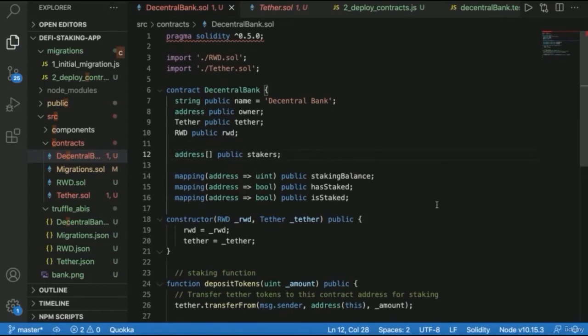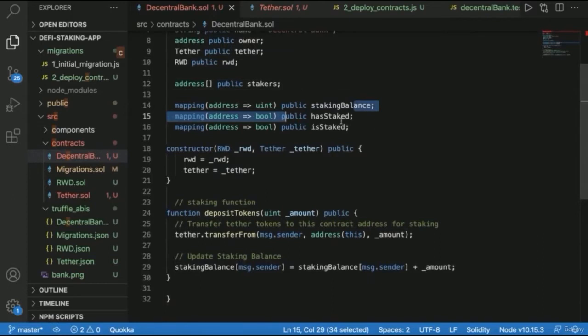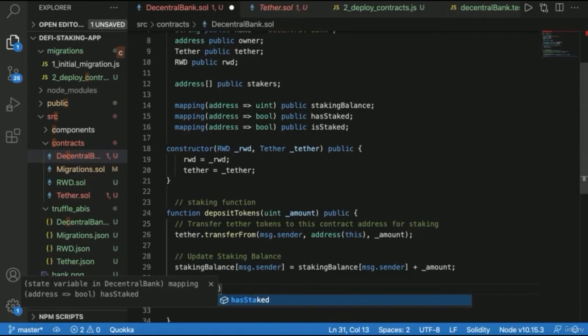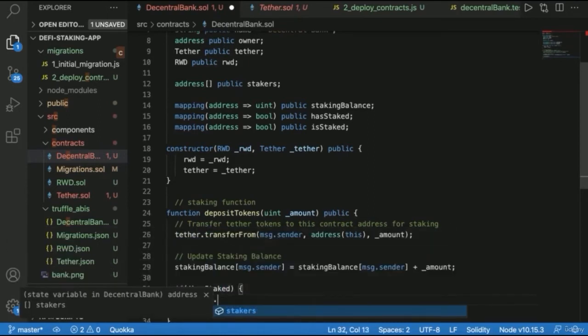Okay, so now that we have this set up, we can actually write to check whether they have staked or not, whether they are staked, in fact, whether they have staked and whether they are staked. So how can we write some logic for this? Well, a really good way to do that, of course, would be with a conditional statement. So we could use if, and we can use a bang, which stands for false, because remember, whatever we put in the if value will be true. So we can say if they haven't staked, if they've never staked up to this point, then we can say to the stakers, we can push,